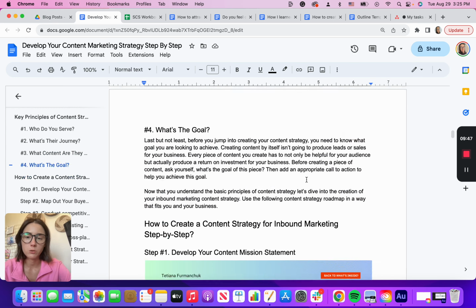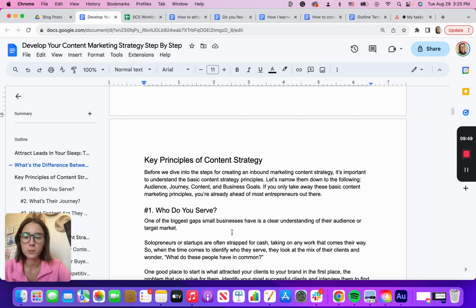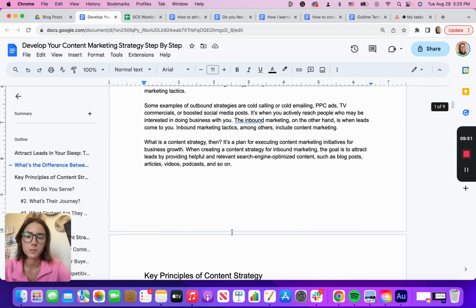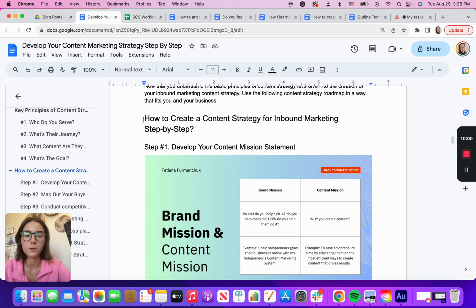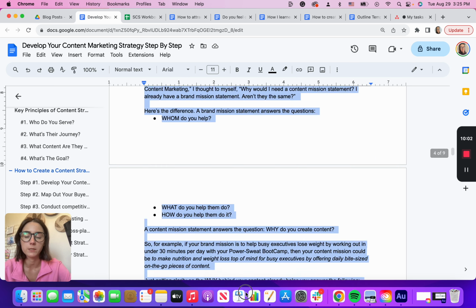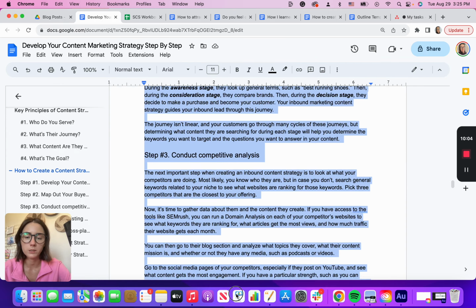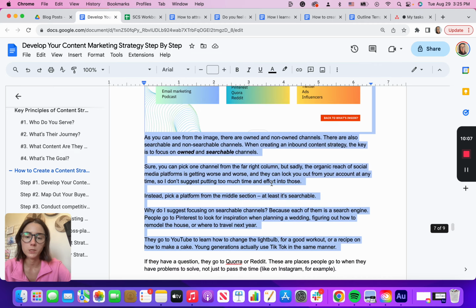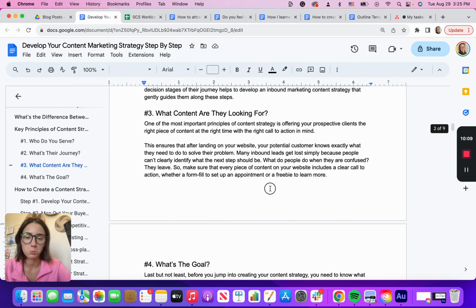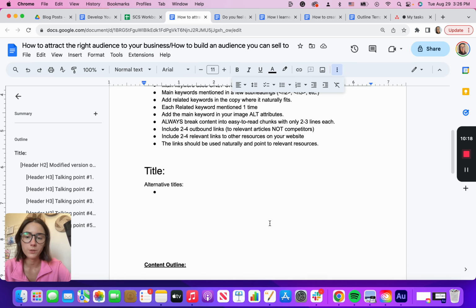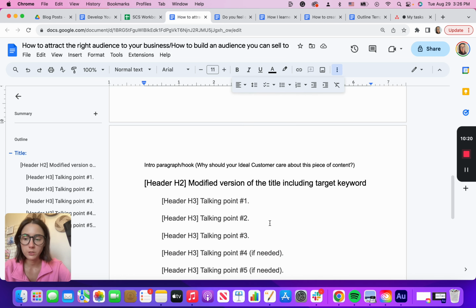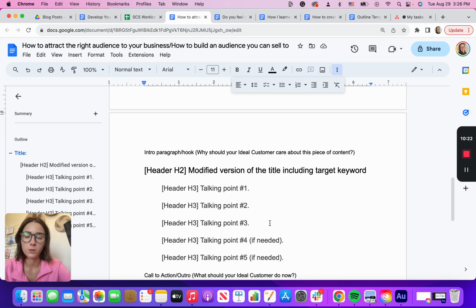But what I'm going to do is none of this, key principles of content strategy, none of this stuff is going to be in my video. I will only focus on how to create a content strategy step by step, just this part, and I'll also make it more snappy and more actionable. So it is an option if you do want to do this, but for just the simplicity of this, I've created the outline for you so that you can easily turn this blog post or this article into a video